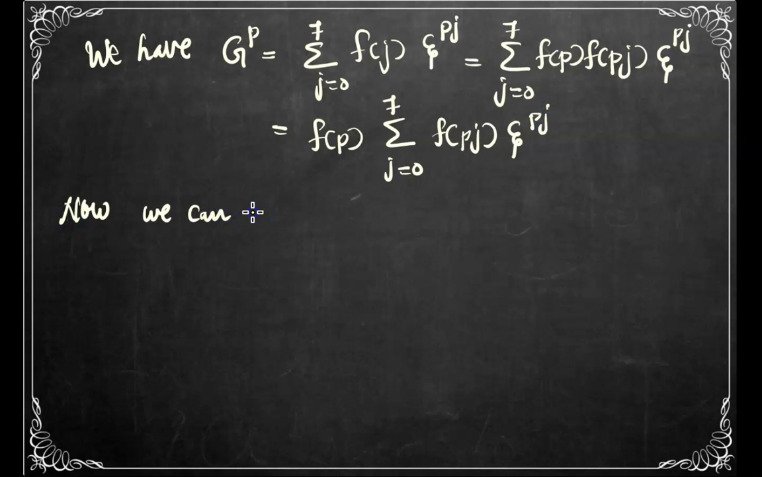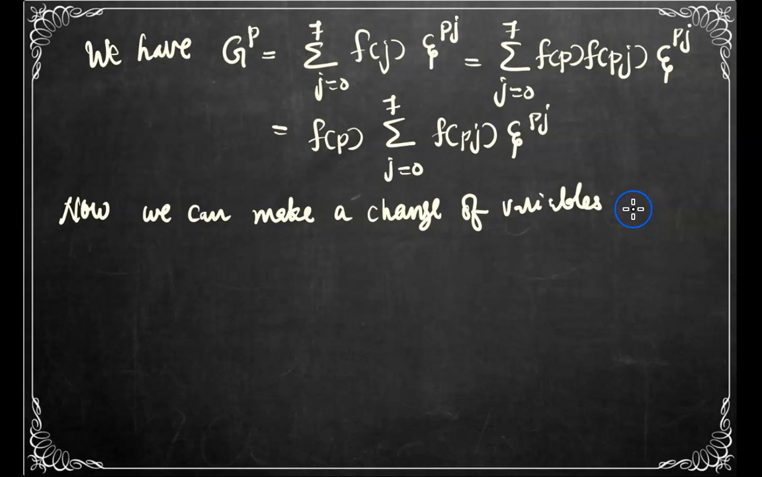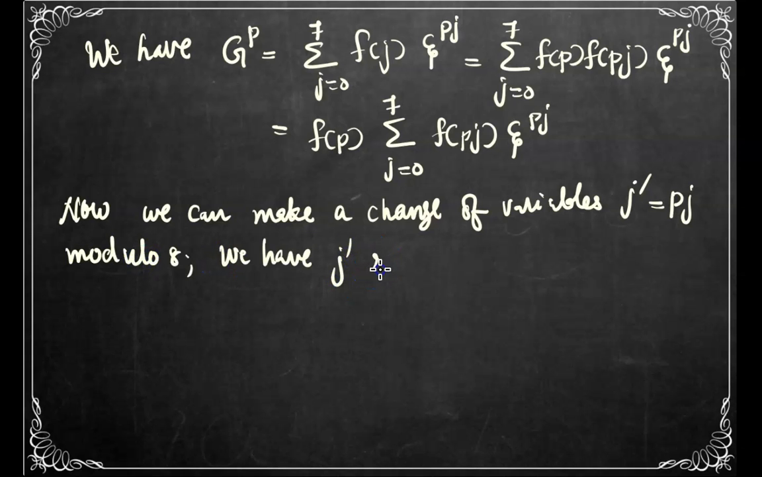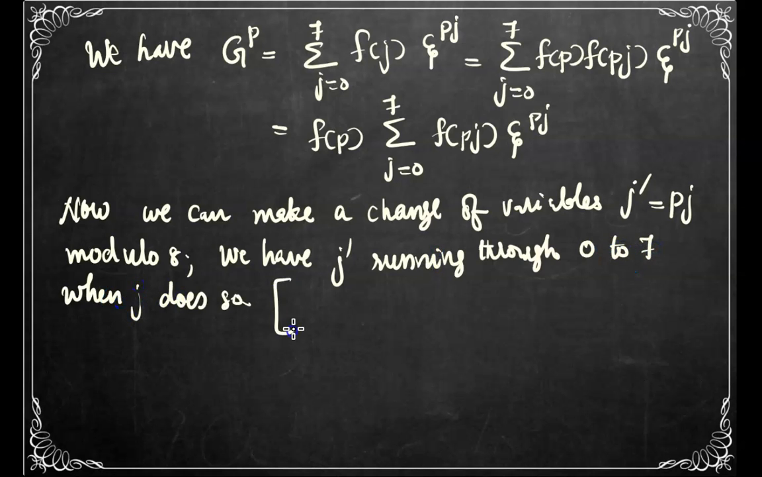Now we can make a change of variables. Here the variable of summation was j, where j varies from 0 to 7. Now we do the substitution j dash equal to pj modulo 8. Then we have j dash running through 0 to 7 when j does so. This is possible since the collection pj where j varies from 0 to 7 is a complete set of residues,